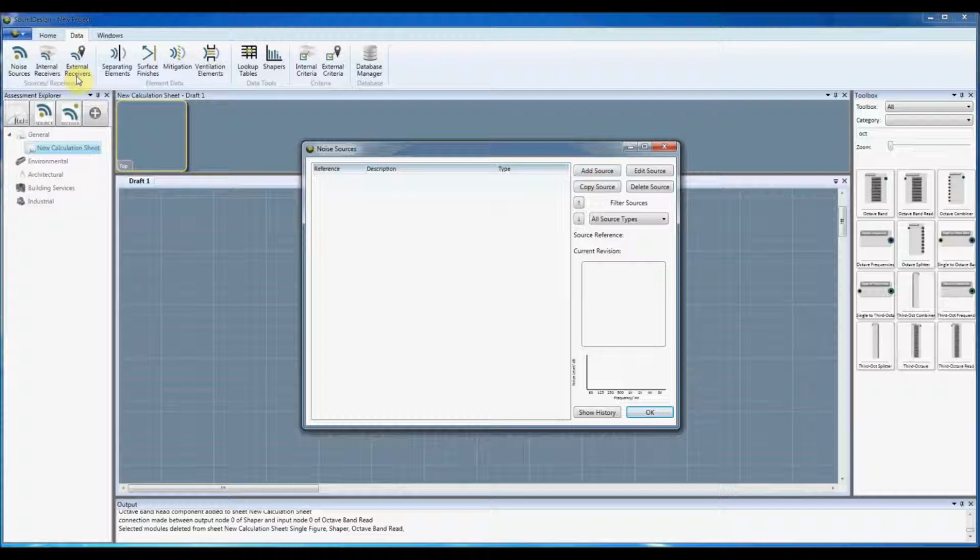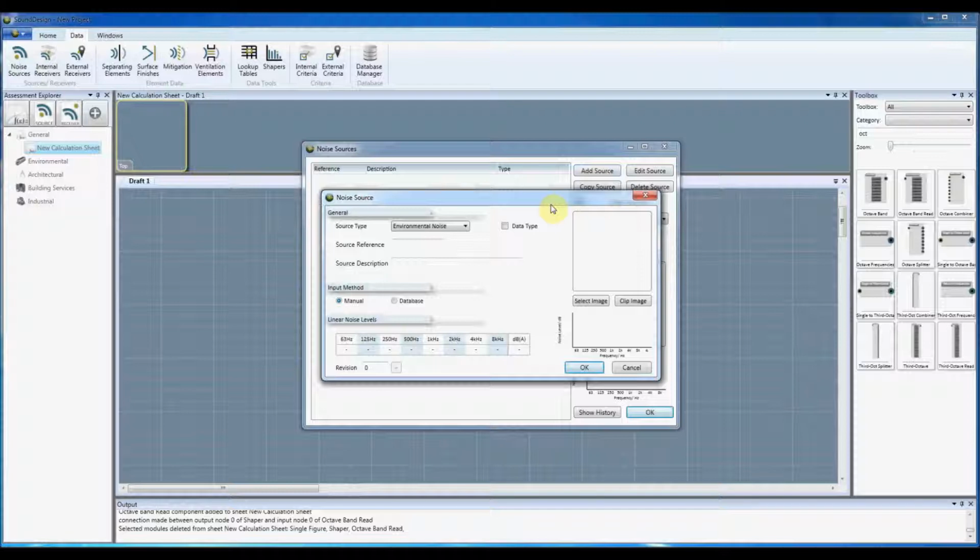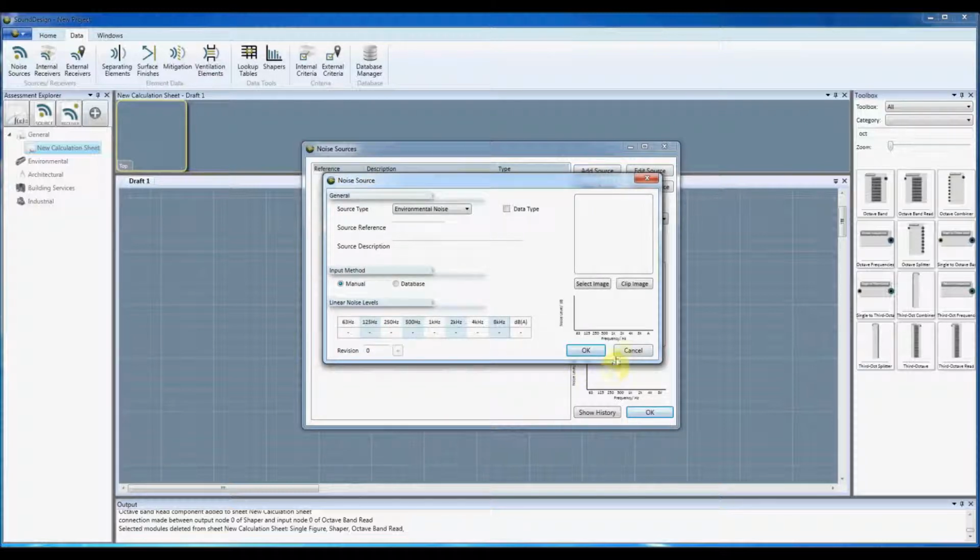Okay, so the first thing I'm going to do is go up to here and click on noise sources in the data tab, which brings up this window. This shows you all of the noise sources that you have in your project. Obviously I've got none in here at the moment. I'm going to click on add source to create a new noise source, and this brings up the main noise